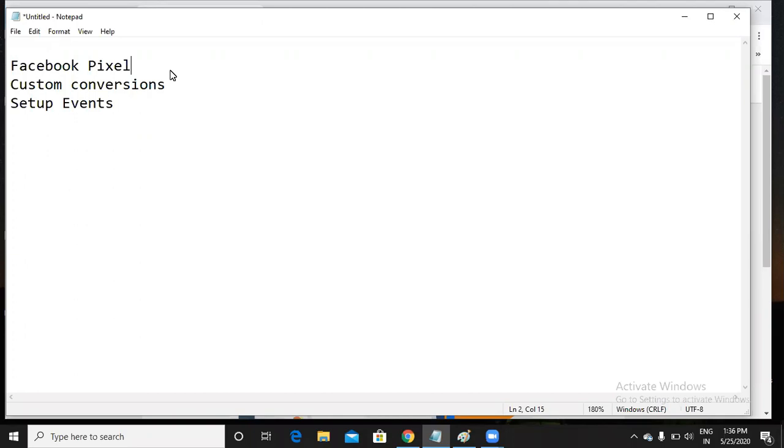Same as in Google AdWords, we have a conversion tracking method, right? When I insert the conversion tracking code in my website, only then can I track all the conversions that happen through my Google ads. So here also, with the Facebook pixel, I can track how many people came to my website and what they are doing exactly on my website through Facebook ads.